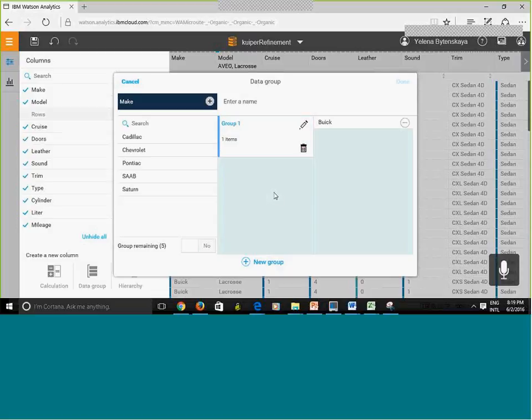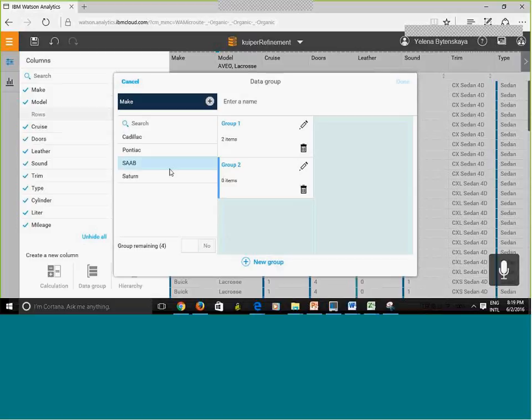So anyway, what I could do is group multiple values in the same category. Oh, there we go, it finally worked. Now I can also create a new group, and I'm gonna say group 2. Click OK.